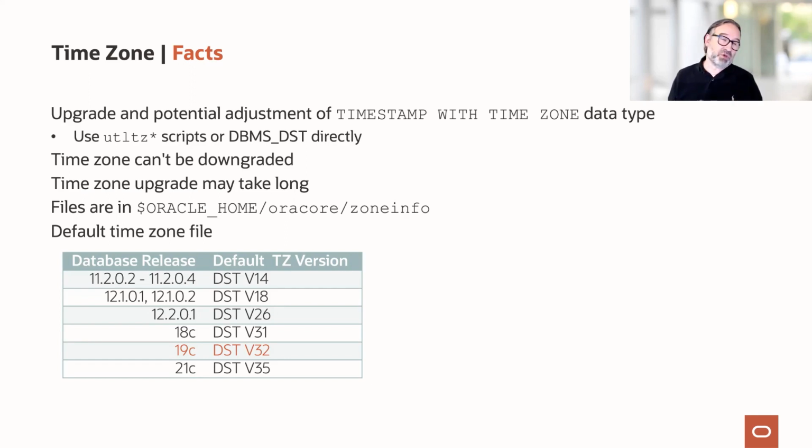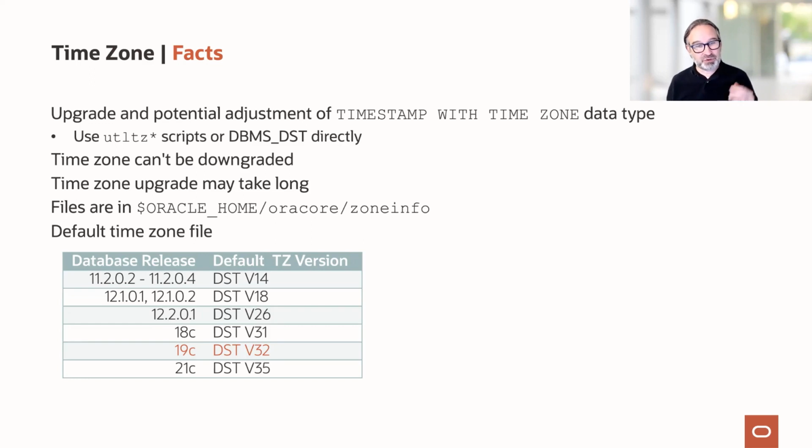We upgrade, all is good. A week after the upgrade, you would like to downgrade your database. You can downgrade the database, no problem, but you have to make sure that the time zone patch 32 is available and installed in your source home now, because otherwise the database can't be downgraded, as time zone can't be